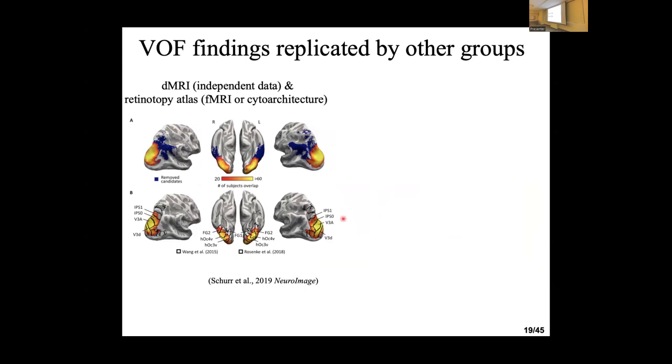So this has been our observation so far, but luckily a couple of people tried to replicate this finding later on. This is a paper by Xu and colleagues. They used different, independent diffusion imaging data together with a cytoarchitectonic-based atlas space to compare cortical voxels near the VOF endpoint in their parcellation scheme. As you can see in their data as well, the dorsal end of the VOF is near V3A and B. This is cytoarchitecture, and it uses the nomenclature hOc4v, but this is the hV4 equivalent, basically. You can see this area is kind of central to the ventral end of the VOF.